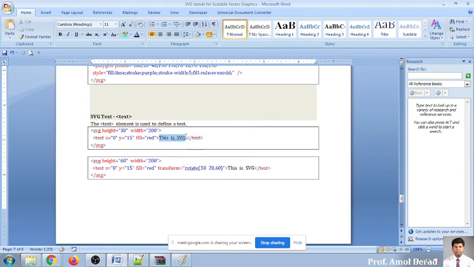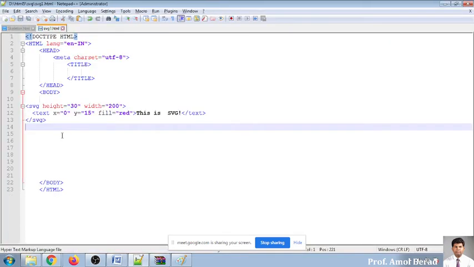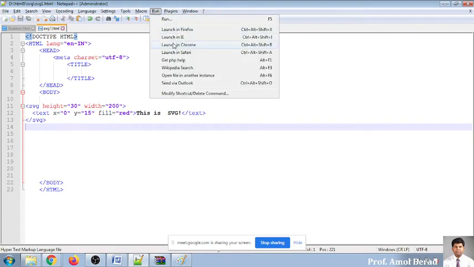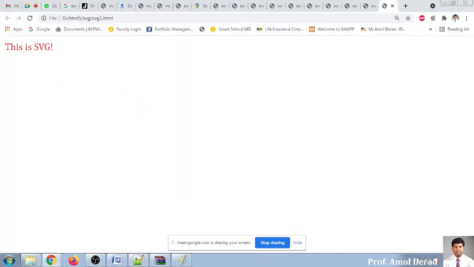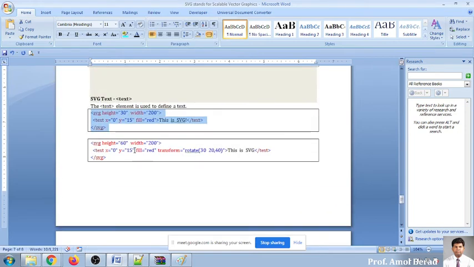The content whatever you will be writing will be displayed at this x and y coordinate, and will be given a color like this, a fill as red. So here I want to copy this part, and what I want to display here is in SVG. Text can be displayed with the help of SVG, and we'll go for demonstrating the output. It's very simple. This is SVG. You can display with the help of SVG, and see, it is an image. You can draw a text, you can write anything into the text.